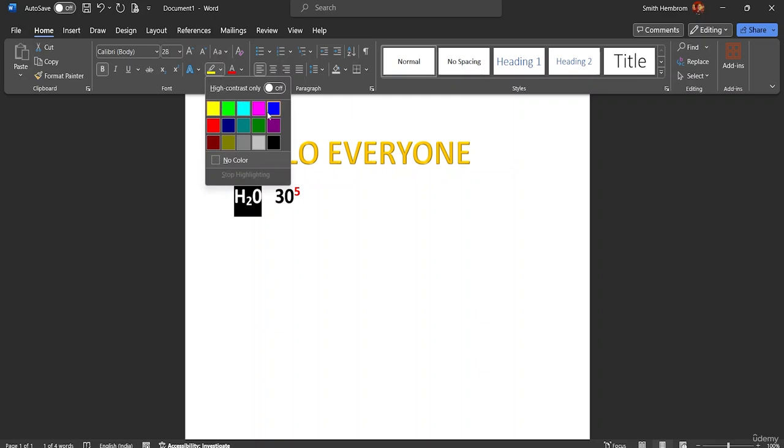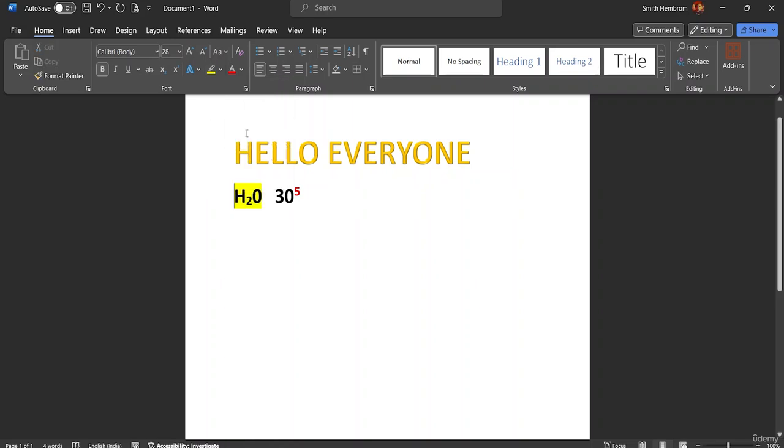Here these colors are available because these are the basic colors which are mostly used for highlighting. So you guys can give this one a yellow color, like you can highlight those. And suppose from here let's type something right over here. Let's type